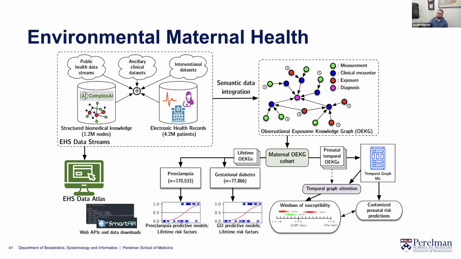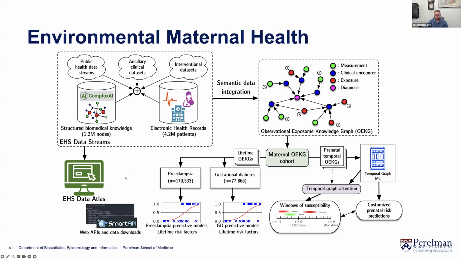So all of the exposures that are tracked in the EHR as well as in public health records for an individual person represent their environmental health over time. Now we can take these knowledge graphs representing a person's exposome and we can feed them into specific machine learning models, which we call temporal graph machine learning models, to do things like predict either preeclampsia or gestational diabetes in